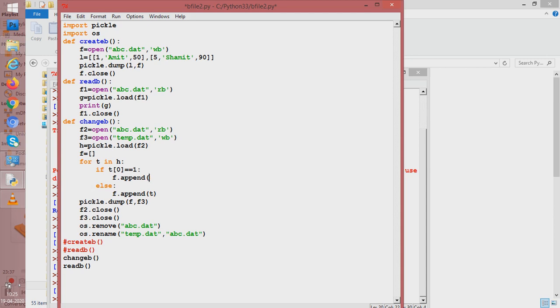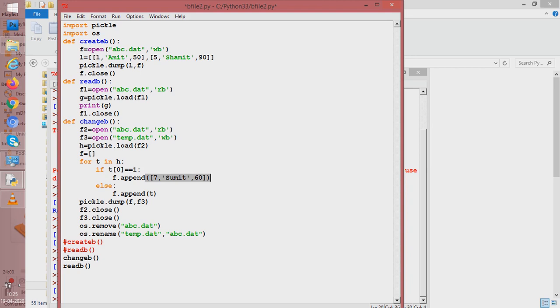So here we have f.append, and here we write 7. I'm appending a list, as has been said by the question. 7, then Sumit, then 60. So this is the list we want.